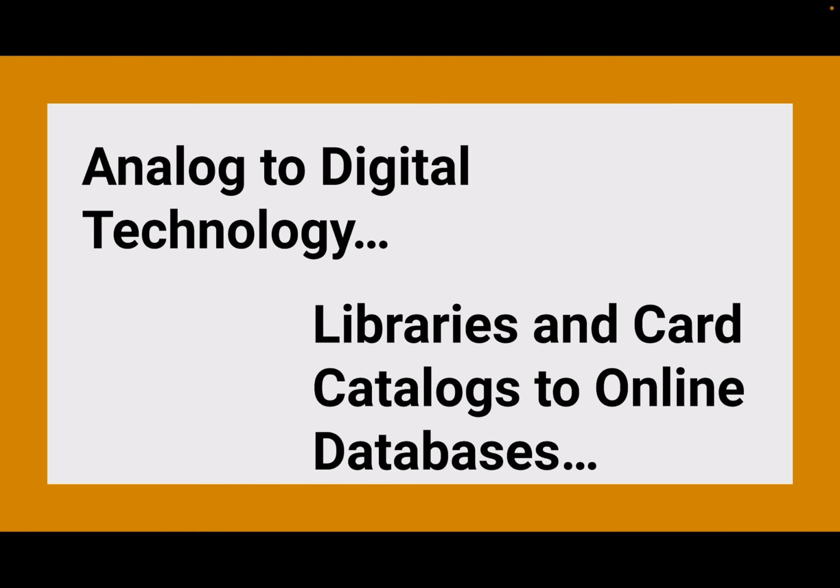Then we jump ahead, and digital technology once again changed the way that we acquire and distribute information. So digital data ended up being stored much more efficiently than books and accessed more easily, and then shared out instantly across vast distances. Even physical libraries changed, right? Card catalogs have been replaced with digital databases and search engines that allow users to find and access information quickly and easily from anywhere with an internet connection. But this did require users to learn a certain series of new skills and even forget old ones.